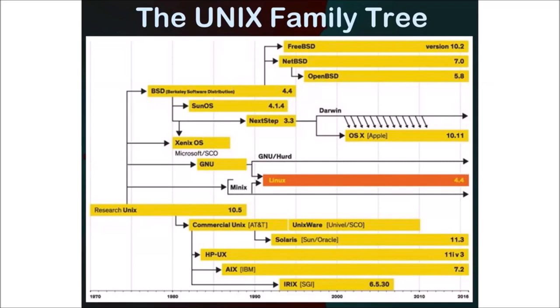You'll notice that from BSD, Sun got a license for BSD and developed SunOS. Steve Jobs and NeXT developed NeXTSTEP, which then became OS X at Apple. And from BSD is where OpenBSD, NetBSD, and then FreeBSD developed. So FreeBSD, the one at the top, is what we're